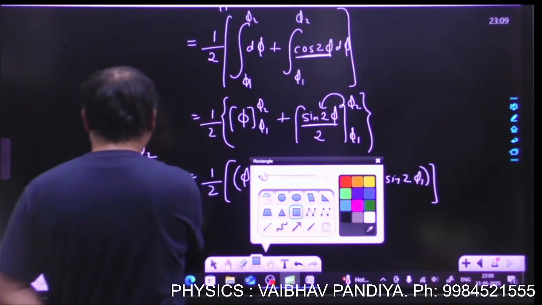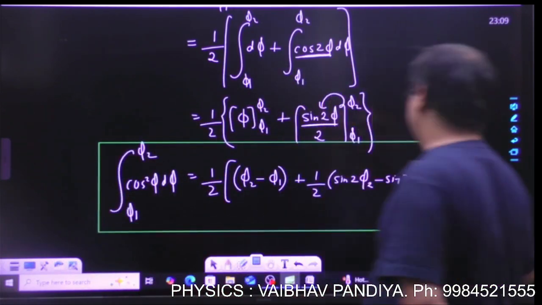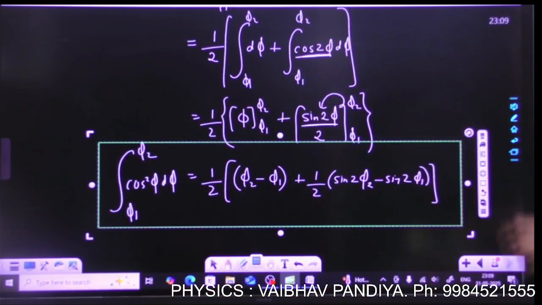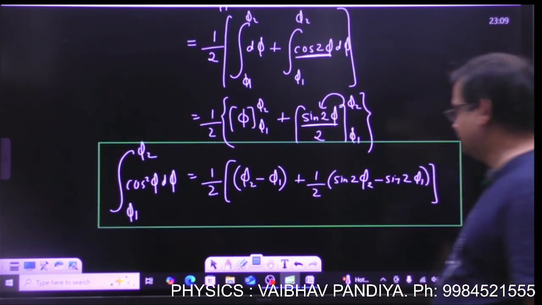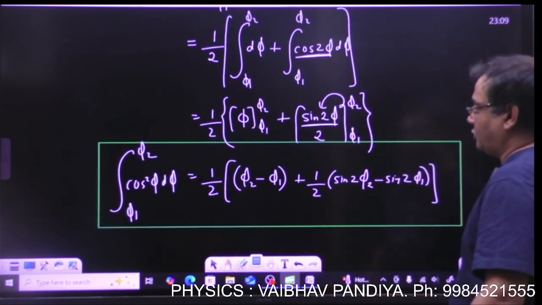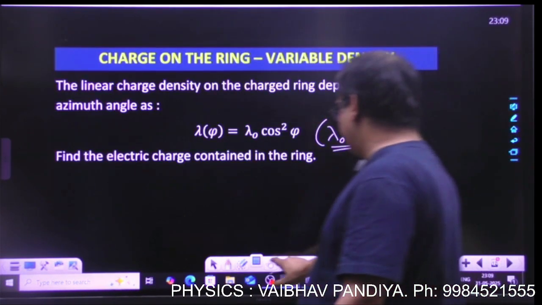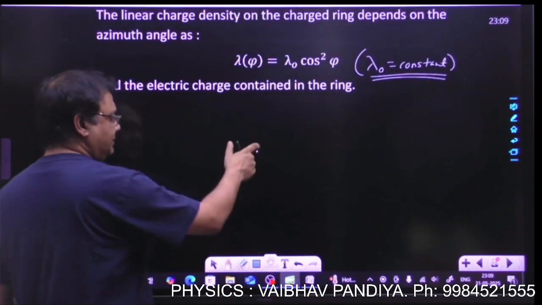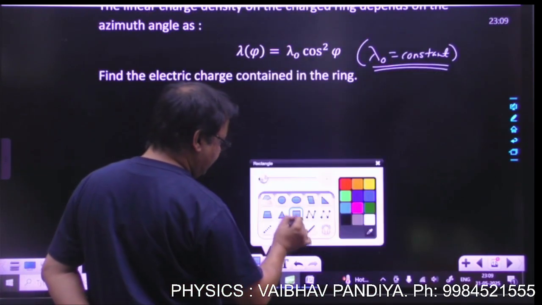I did it separately so that you are clear about how we do this integral. Got it? Okay, now let's come back to the problem. So here lambda is with phi. So if I'm making the ring,